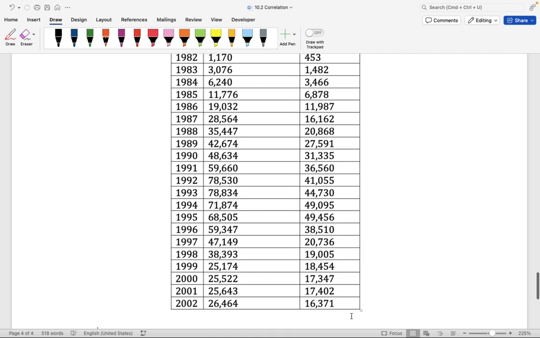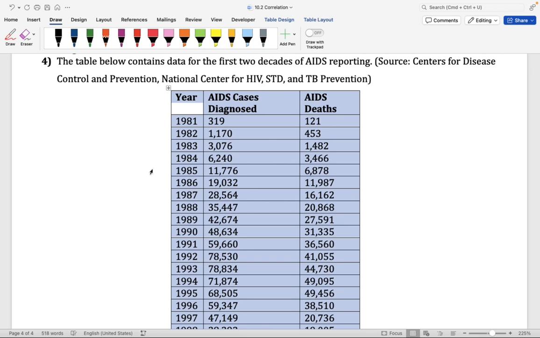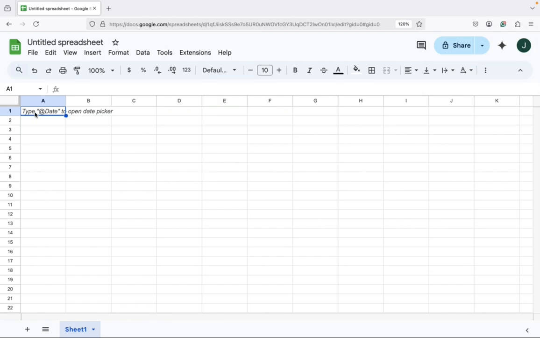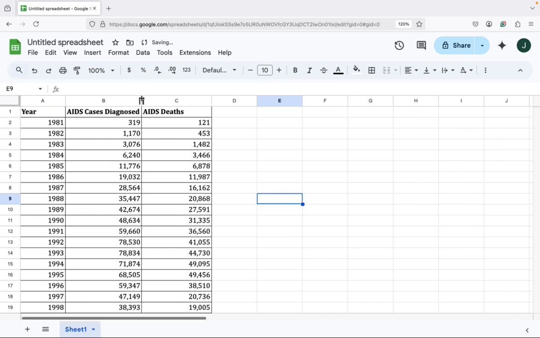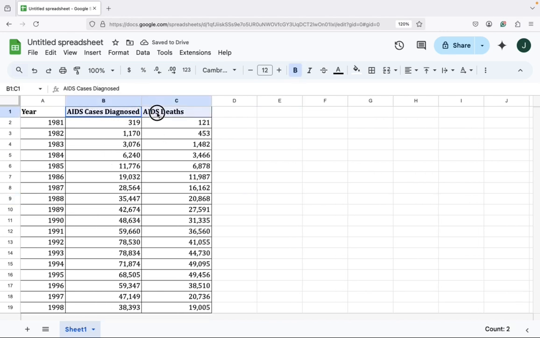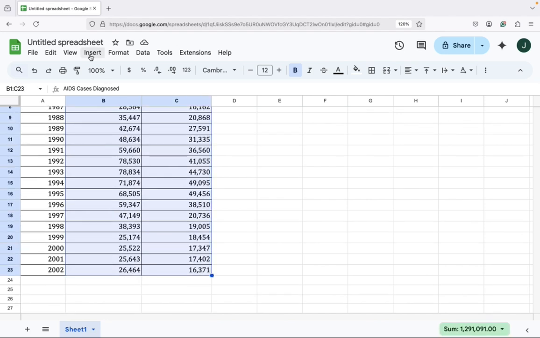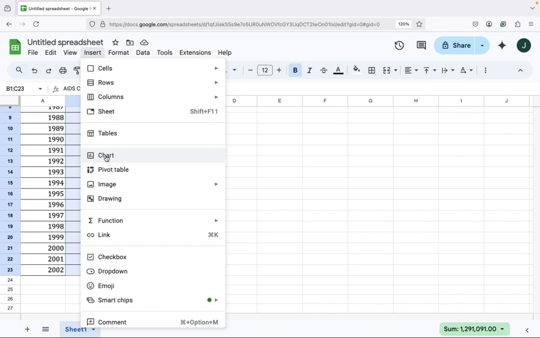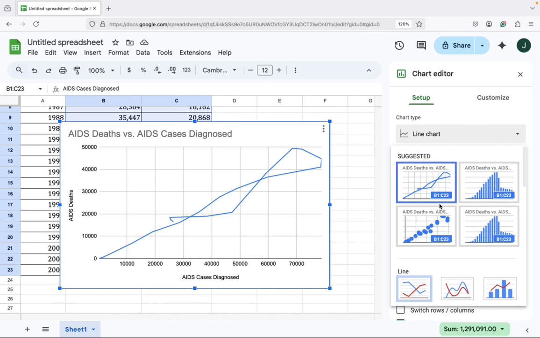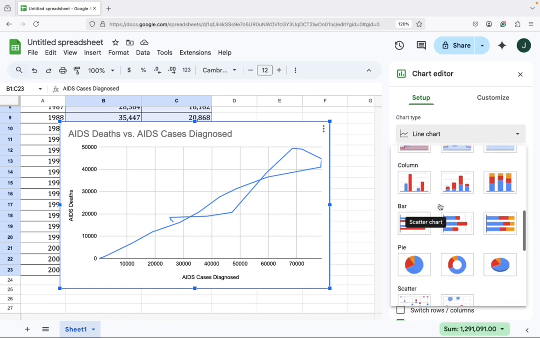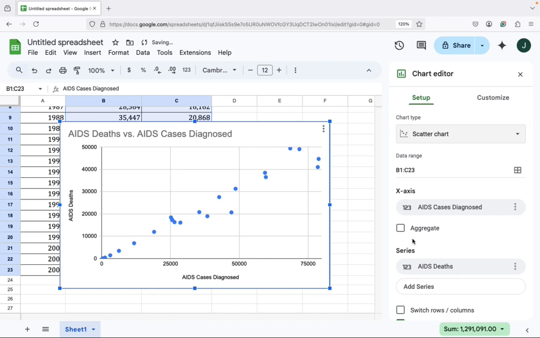First, I'm going to copy the table, and then I'm going to go to Google Sheets and I'm going to paste this table. So simply click on an empty cell and press Control V or Command V. And here we have the table. So again, we said that we were going to use the last 2 variables on the table, the last 2 columns. We're going to highlight these columns. Then we're going to click on Insert and we're going to click on Chart. Let's go ahead and change the type of graph we want. We are going to look for the scatter plot. Click on the scatter plot, and there you have it.